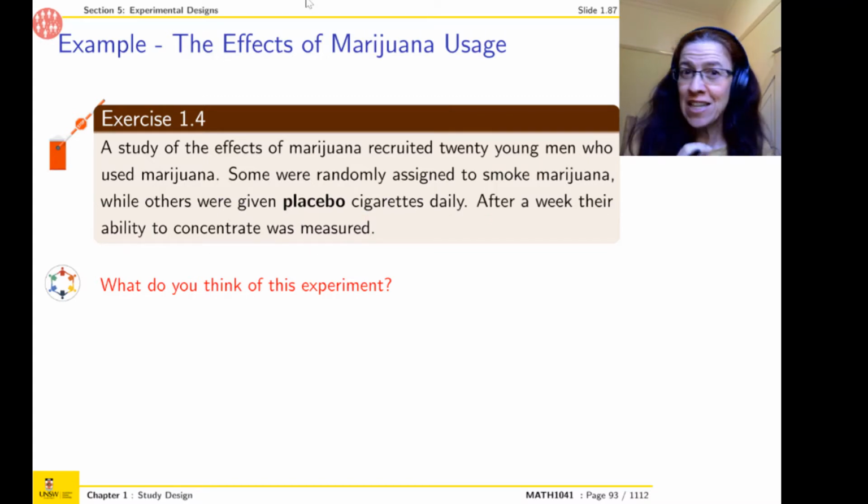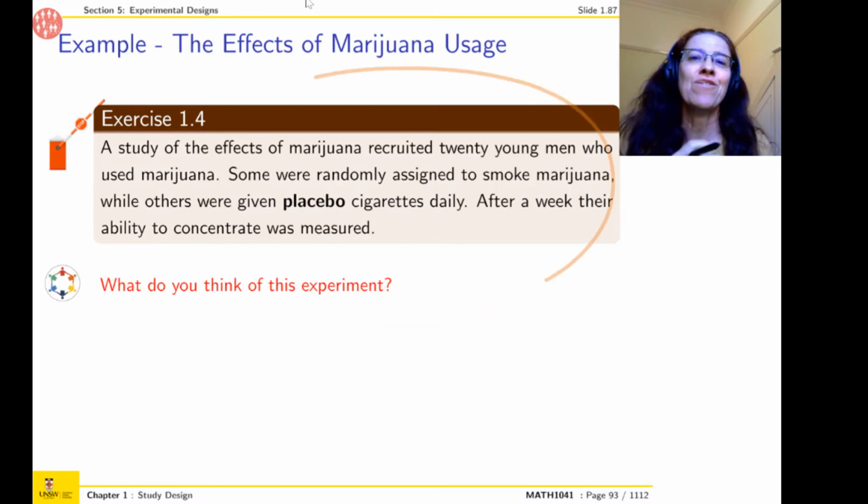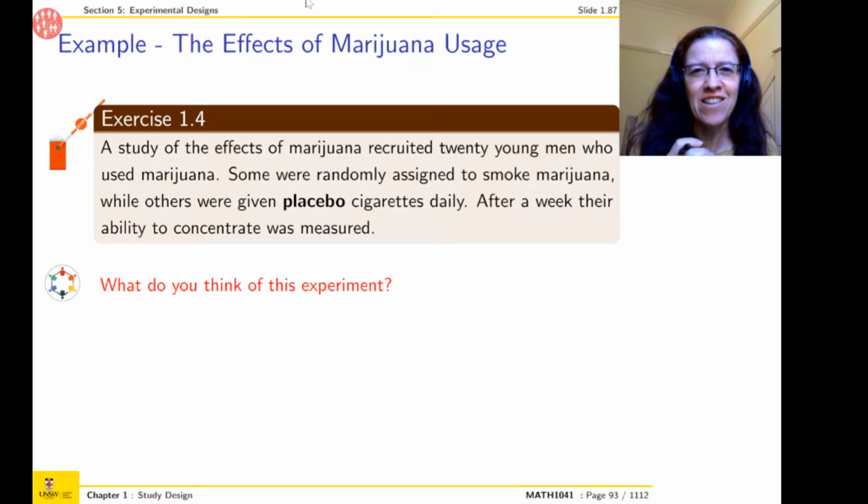It's not a fantastic experiment for a number of reasons, and I'd like you to think of that, and I'm not going to give any hints because there's an exercise like that in the tutorial, and it's really great if you can discuss it as a group, much more interesting than listening to me giving you